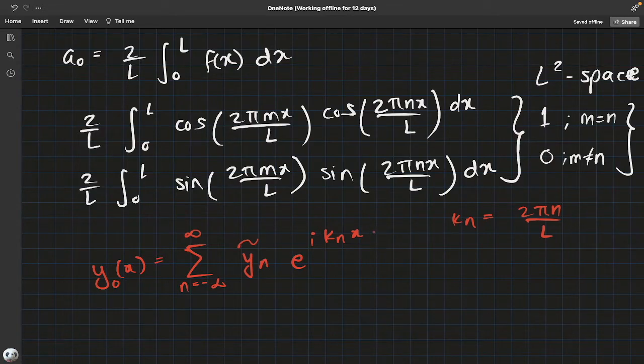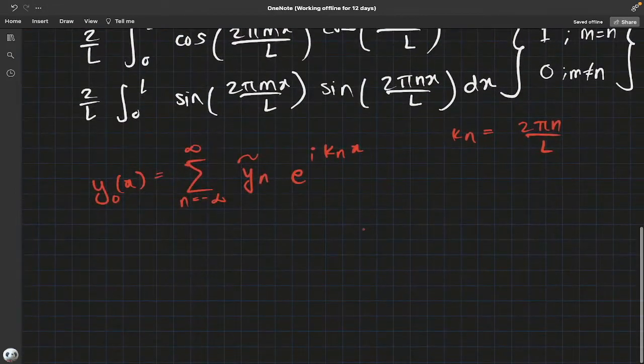So we're using this e to the i something because it compactly represents the sine and the cosine. So if you're interested in a more complex or more general approach to this, this is the way.